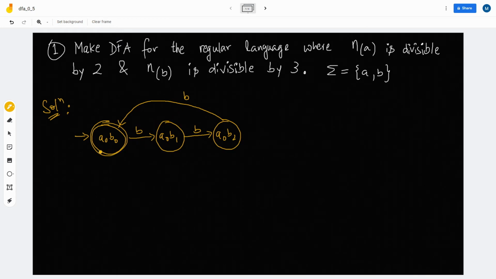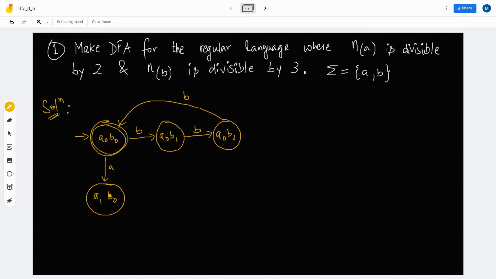Okay, but in a DFA we have to make sure that every state gives a transition for every symbol. So let's go back to the initial state and resolve it for A. So when A comes, we will increment A. A will become 1, B will be 0. In this case, suppose we started from the beginning, A is 0, B is 0, then we give it 1 A, so A will become 1 and B will become 0.